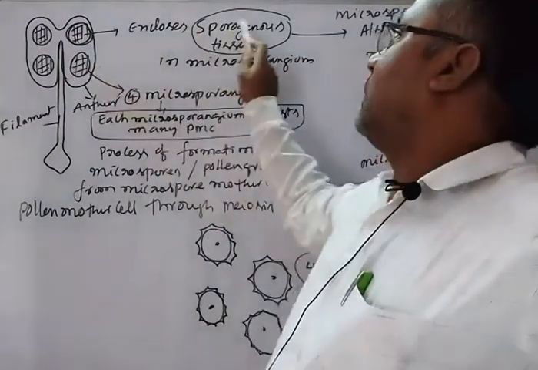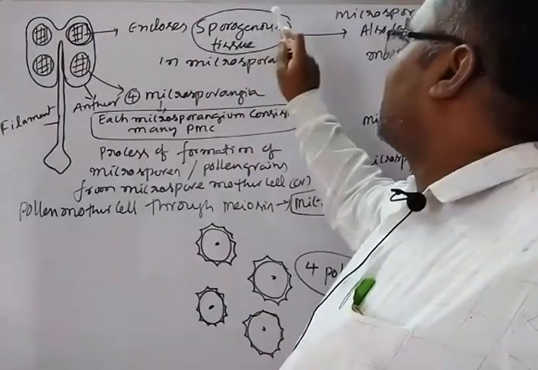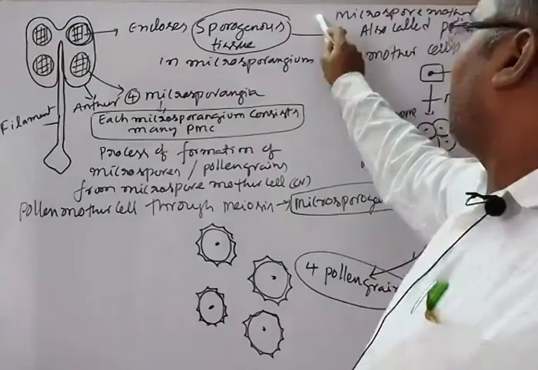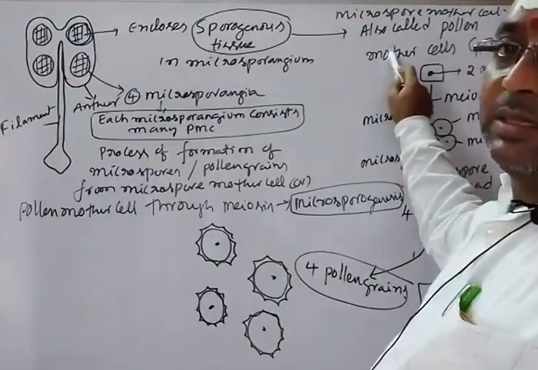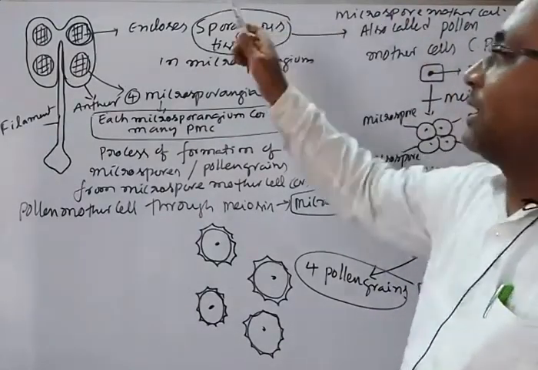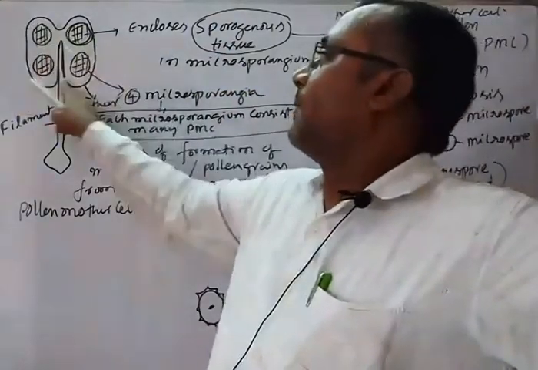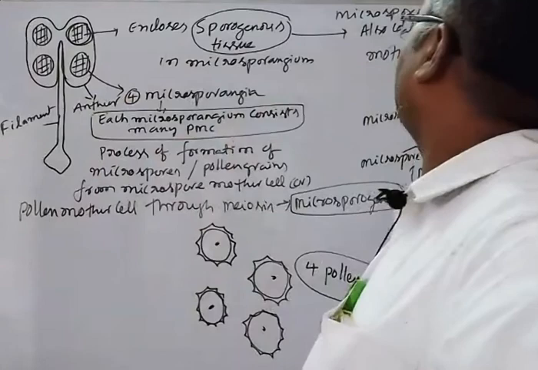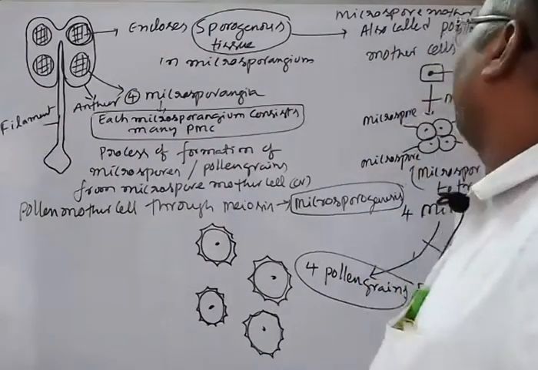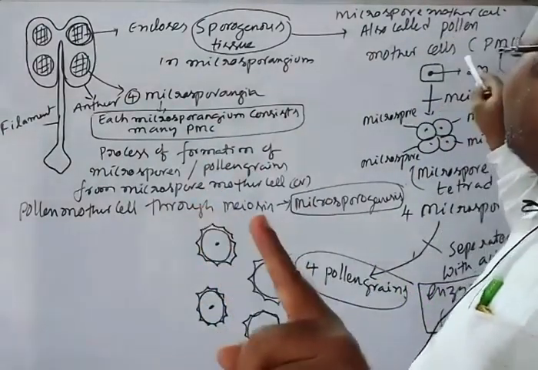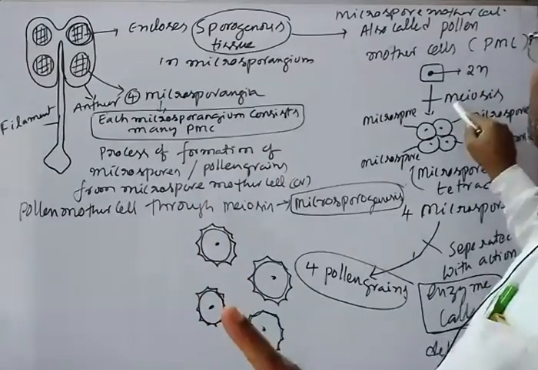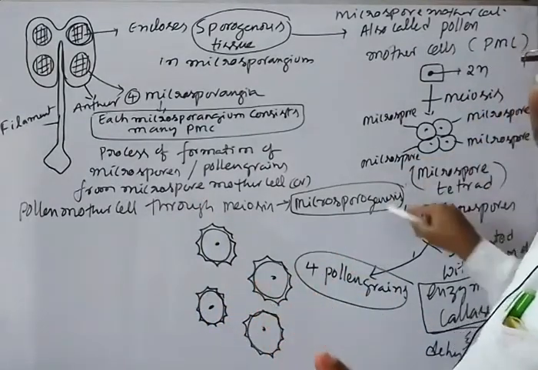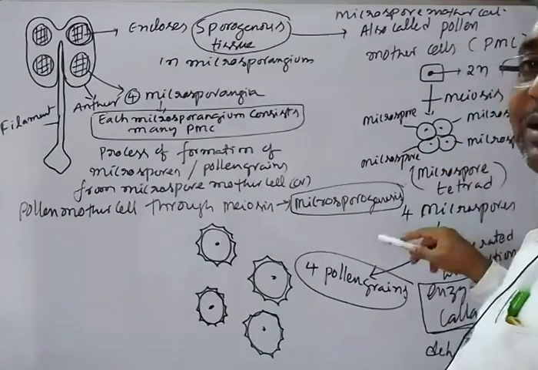Anther consists of sporogenous tissue. The sporogenous tissue is also called microspore mother cells. That is also called pollen mother cells. Each anther consists of 4 microsporangia. Each microsporangium consists of many pollen mother cells. I am taking one pollen mother cell. This pollen mother cell, when it undergoes meiosis, gives one tetrad, microspore tetrad. That one tetrad consists